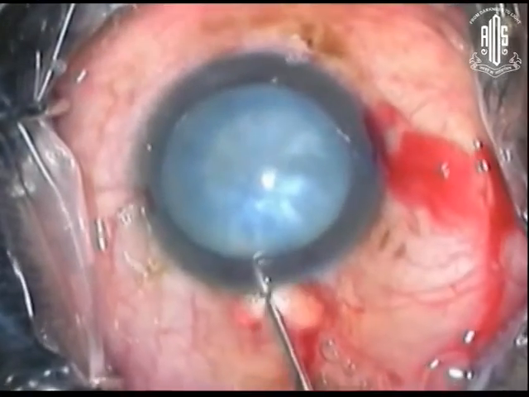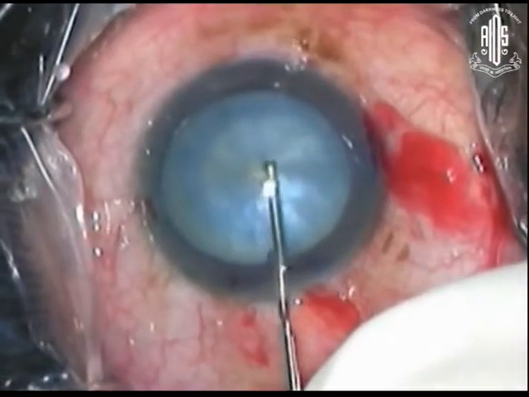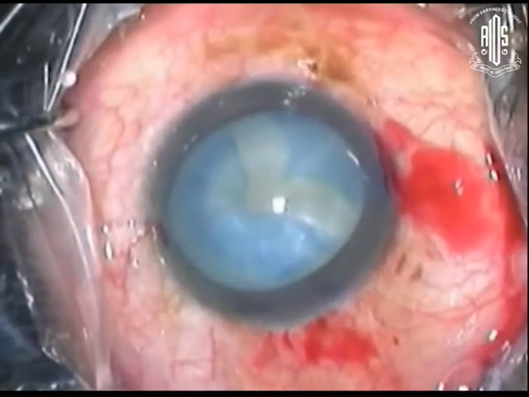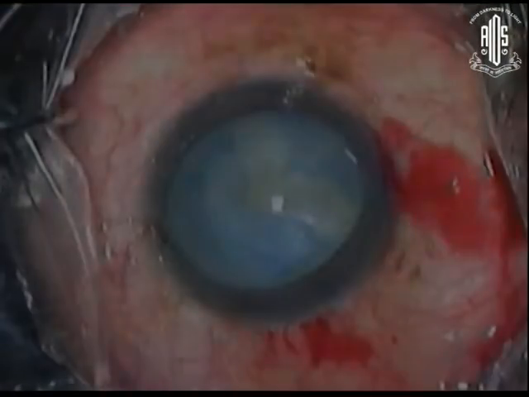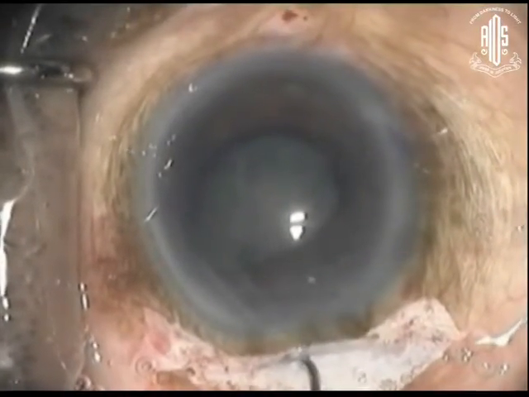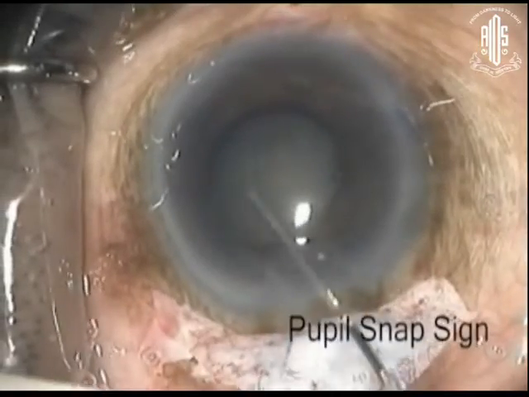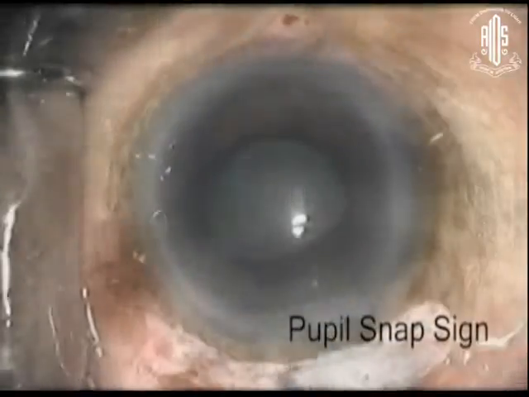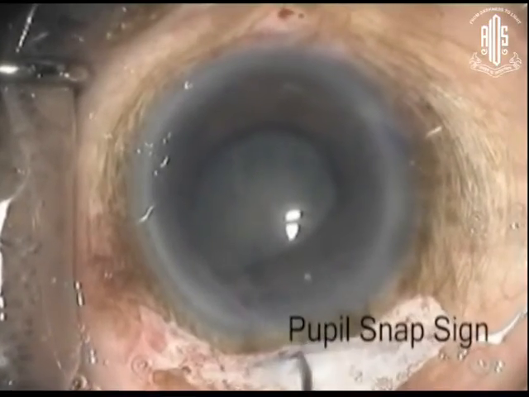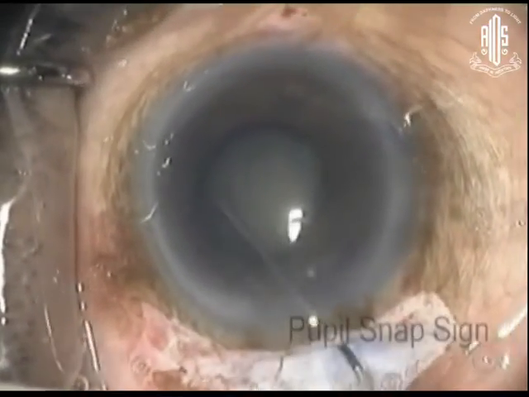Do an OCT if it is not a very mature cataract, and look at the other eye. This is a tear in the anterior capsule. It can extend to the periphery and open up the posterior capsule during nucleus manipulation. A forceful hydrodissection without decompressing the capsular bag can cause fluid accumulation behind the nucleus and cause a posterior capsule rupture. Please watch the pupil snap sign here indicating a posterior capsule blowout.